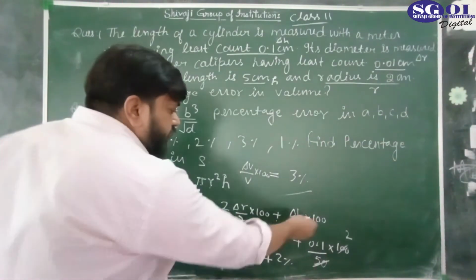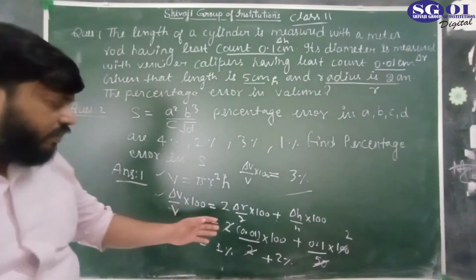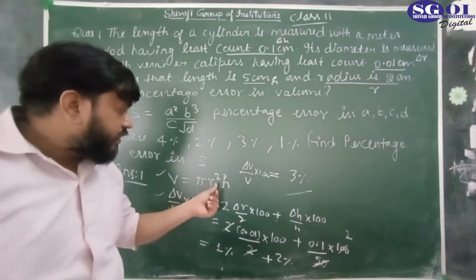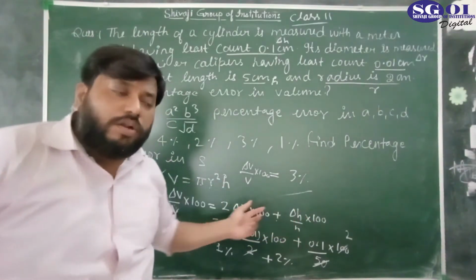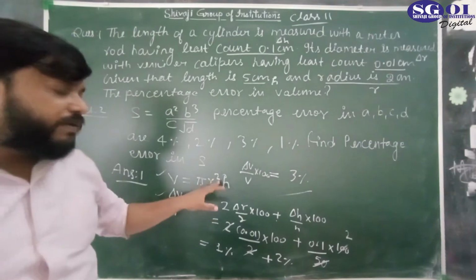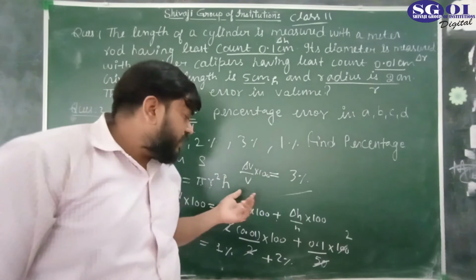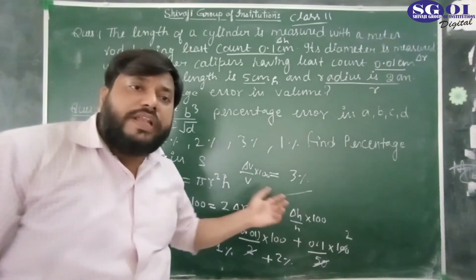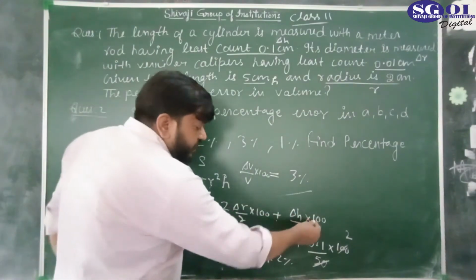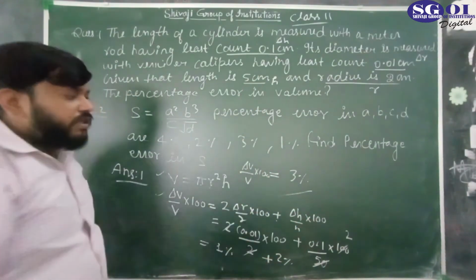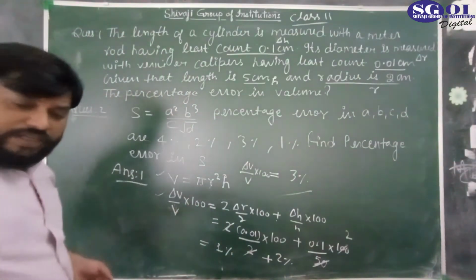We have just put these values in this formula, which is from combinations of error. Pi is an errorless quantity, and there is multiplication and addition, and the error would be in terms of relative error or percentage error because this is the multiplication case and exponent case, and we have seen in combinations of error that there is a relation between relative errors or percentage errors. So we wrote this equation, put in these values and solved it. The answer is 3%.